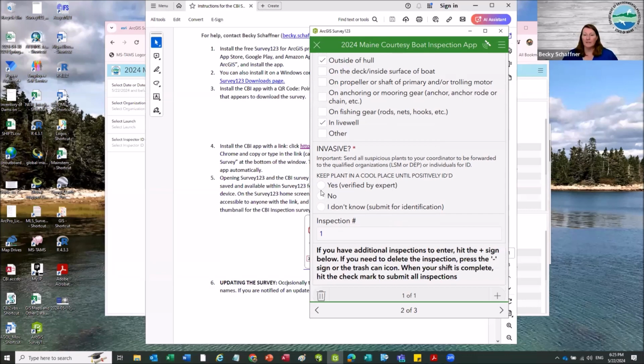Then you're asked, was a plant invasive? And of course, you don't always know this. If it was verified and you know for sure, then you can click yes, it was verified. If you know it's not invasive, check no. If you don't know, which is probably going to be the most likely answer, submit it for identification. And it should be given to your coordinator to be sent to DEP or Lake Stewards of Maine,